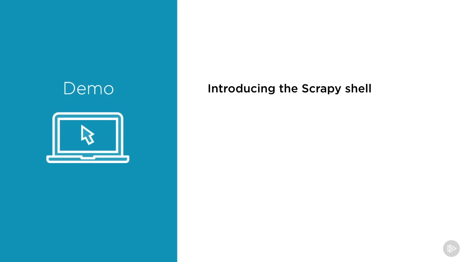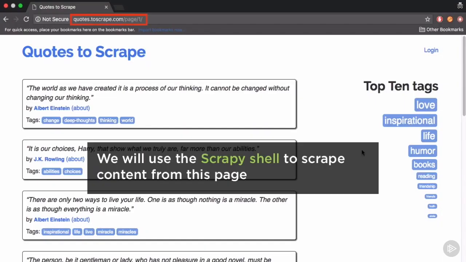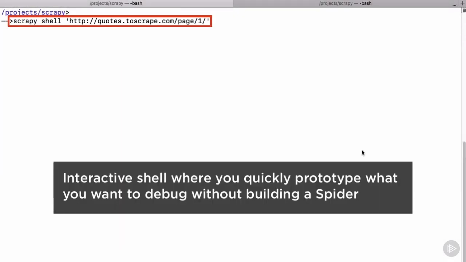In this demo, we'll introduce the Scrapy Shell. The Scrapy Shell is a very useful interactive environment that allows you to quickly prototype what information you want to extract. We'll work with this very simple quotations page, quotes.toscrape.com page 1. On your terminal window, you'll specify Scrapy Shell as your command and the URL of the page that you want